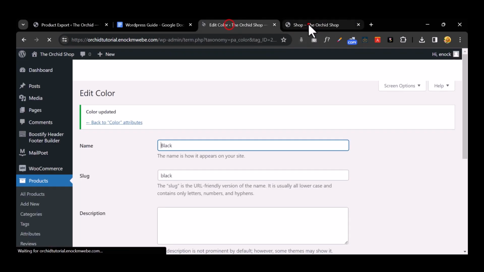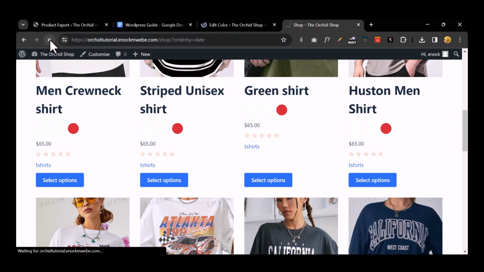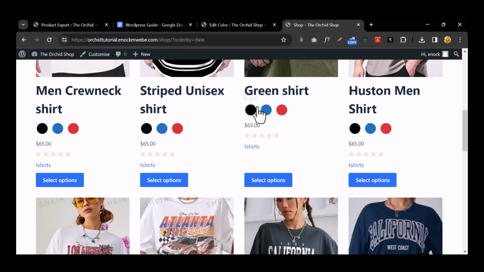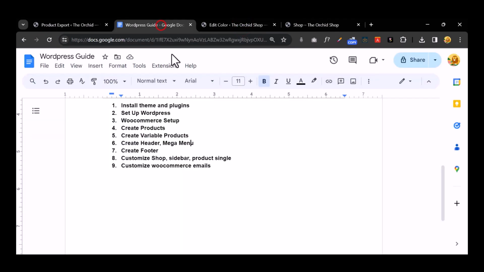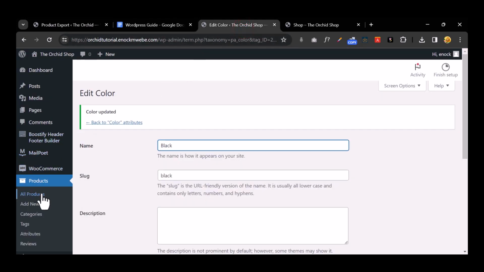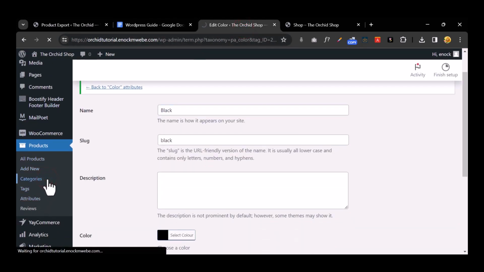So if I refresh this page right now, you guys can see now they're showing. Okay, and that's a good thing. So let's go back to our guide and see where we are. So we've created the products, we've imported them, and it's time to create our header menu. Okay, so now when you take a look at the product categories,